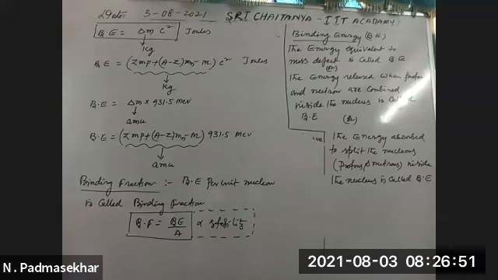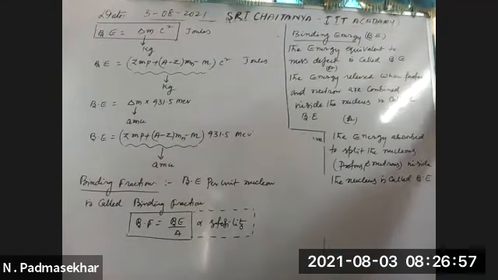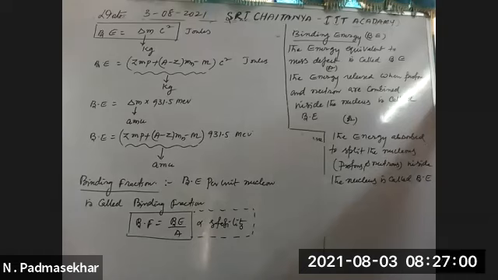So this is what is meant by binding energy. The energy equivalent to the mass defect is called binding energy. The energy released when the proton and neutron are combined inside the nucleus, or the energy absorbed to split the nucleons inside the nucleus, is called binding energy. How to calculate it? Binding energy is equal to delta m into C square in joules, and delta m into 931.5 in MeV. If it is in MeV, mass must be in AMU. If it is in joules, mass must be in kg.